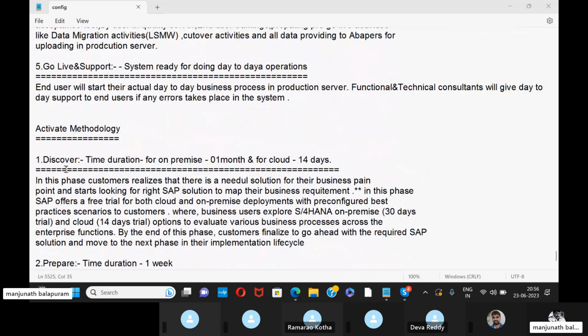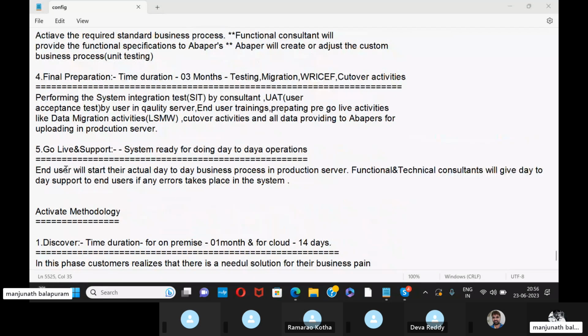Then the fourth step in the ASAP methodology is final preparation. Final preparation will take 3 months. All testing activities, migration activities, and cutover activities will be covered in final preparation. So system integration testing, known as SIT, is performed by the consultant and UAT by the user in the quality server, along with end user trainings, and pre-go live activities like data migration activities, LSMW,